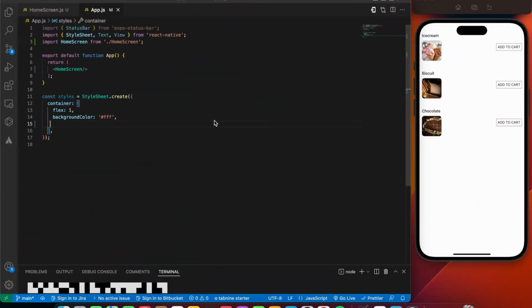So in this video, we'll be building a complete flow of a Redux shopping cart in React Native. This can be followed in React as well. The main thing I'll be focusing on is increasing the item quantity on the home page as well as the cart page. Whenever we increase the quantity on the home page, the same quantity for that particular item should be reflected in the cart page. And whenever I increase or decrease the item quantity in the cart page, the same thing should be reflected in our home page products. We'll be implementing that in this video using the Redux toolkit.